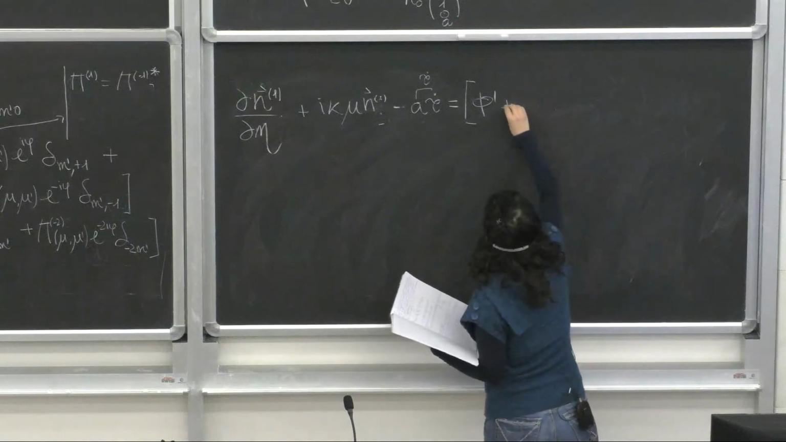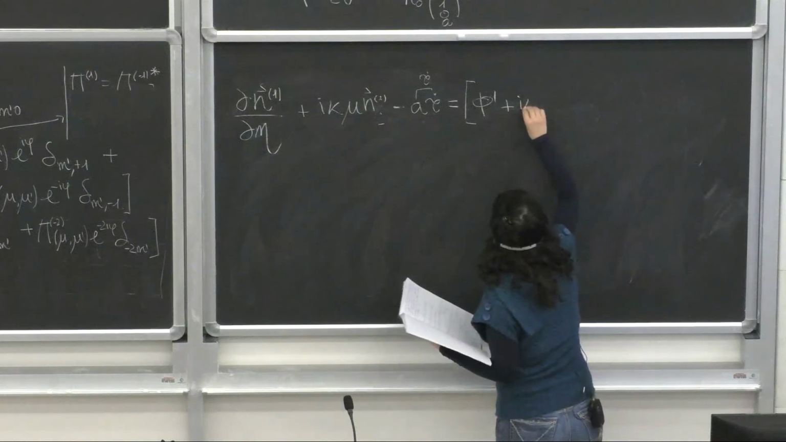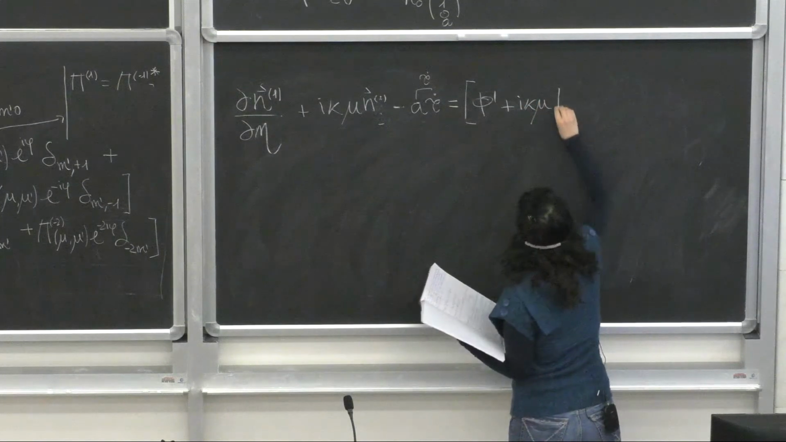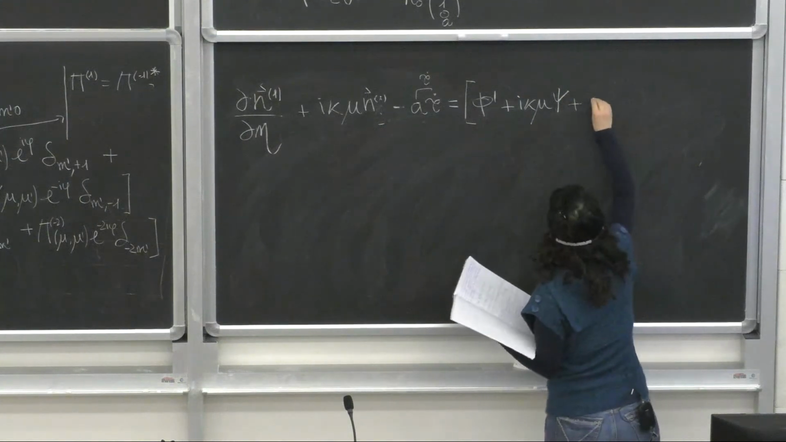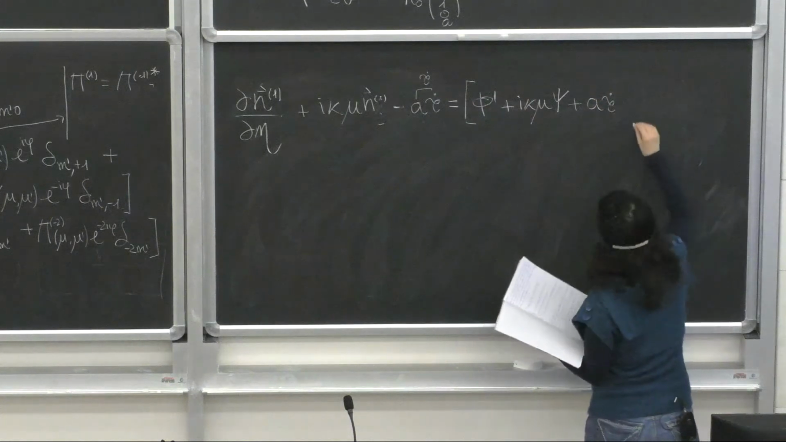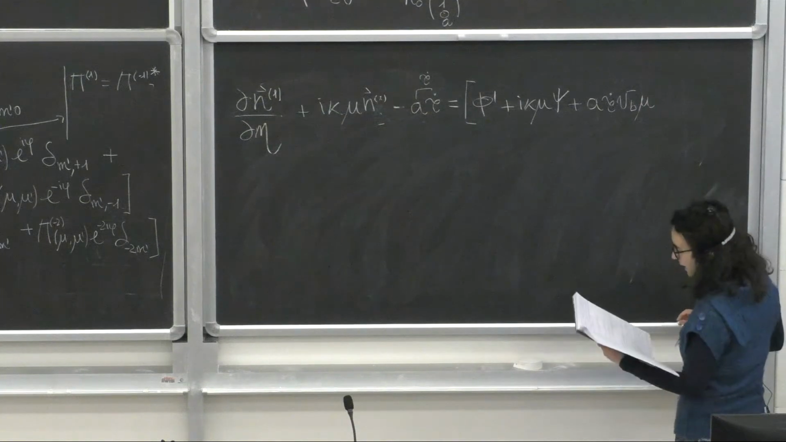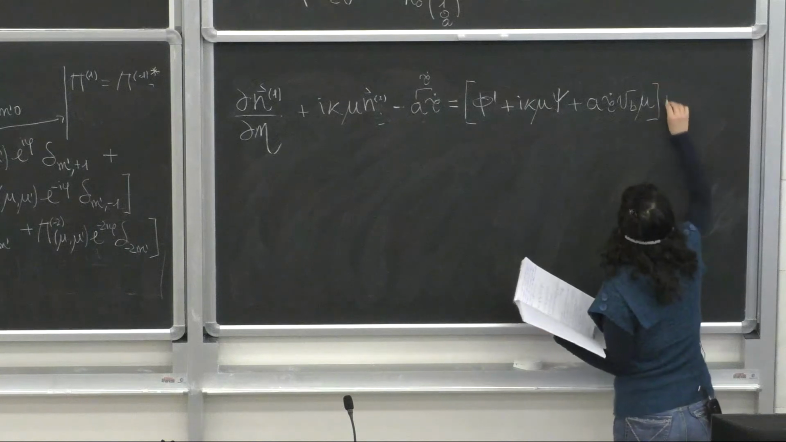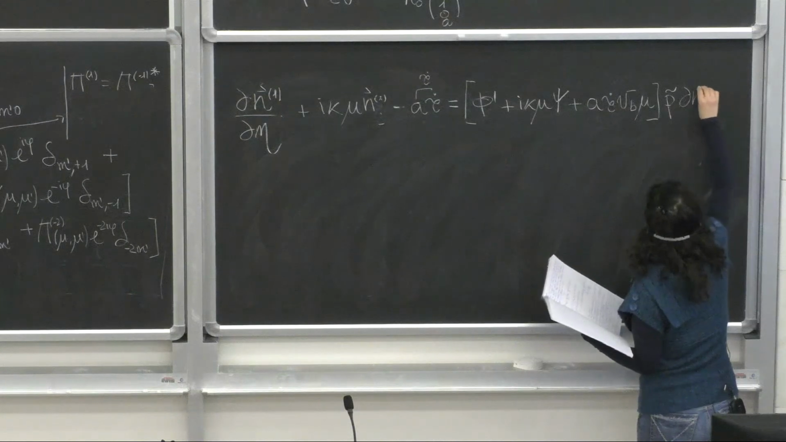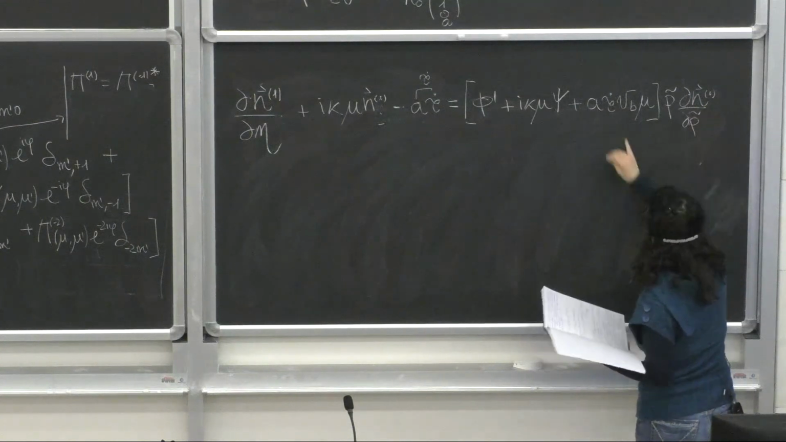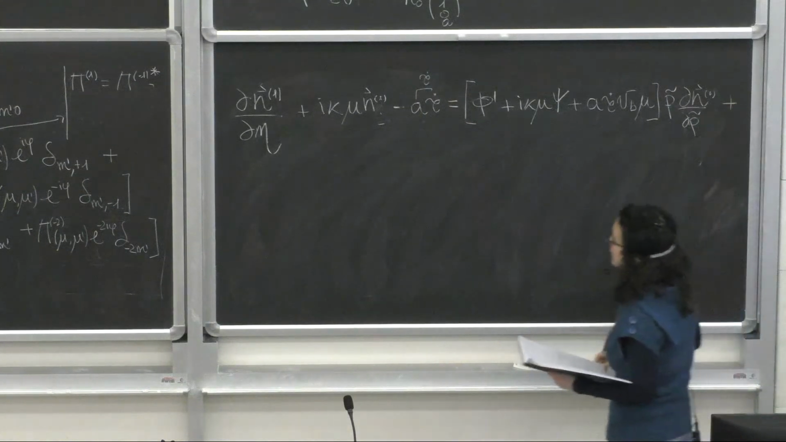phi prime, where this is the derivative with respect to the conformal time, plus i k mu psi, plus a tau prime v_b mu. I will write the expression with all the a now, and then I will forget about it. Then here we have p tilde dn0 over dp tilde, because all these other terms here are linear, so here we just retain the first order,